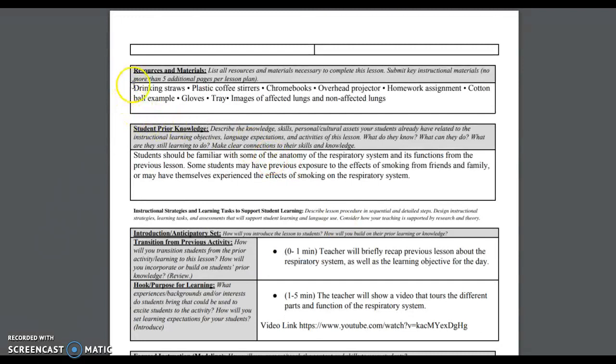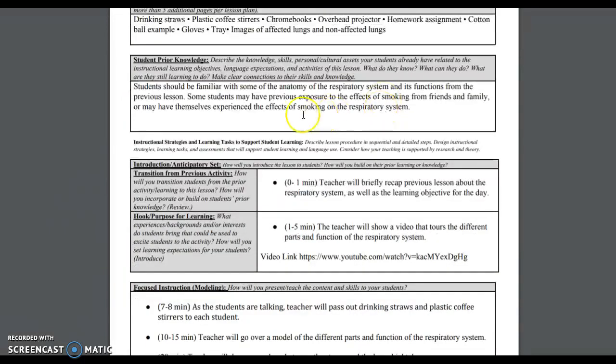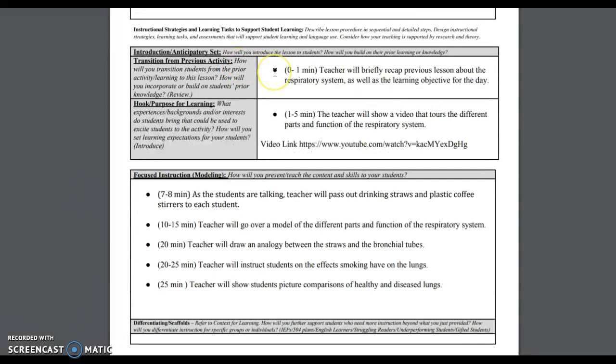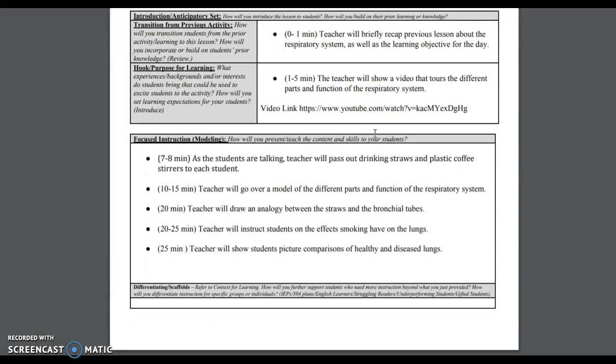So here we have our resources and materials that we used, and the student prior knowledge. We weren't sure what the previous activity was since this is just one lesson, but we just assumed that students would know the structure and function of the respiratory system before coming to this lesson. So the transition from the previous activity was just a really brief 1-minute recap of what they had learned previously, and then tying it in to what they're learning today by showing a video that tours the different parts of the body or the respiratory system, and then the teacher goes into focused instruction,